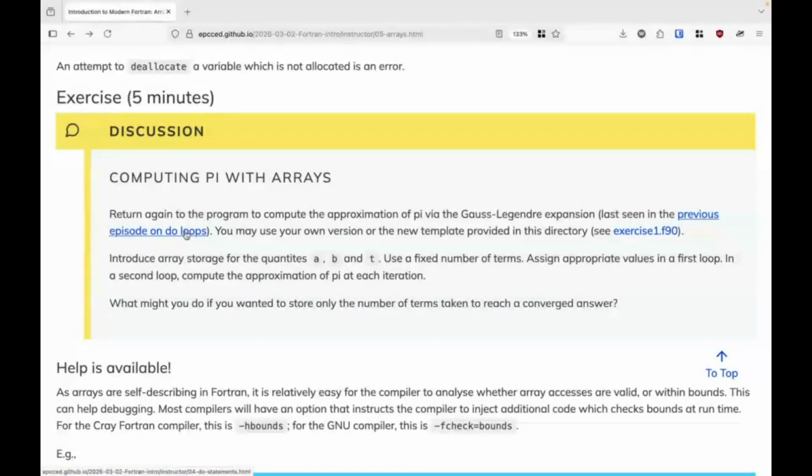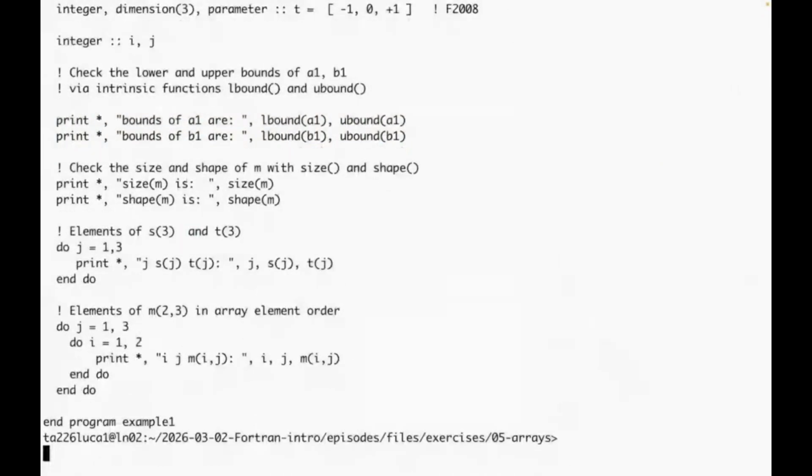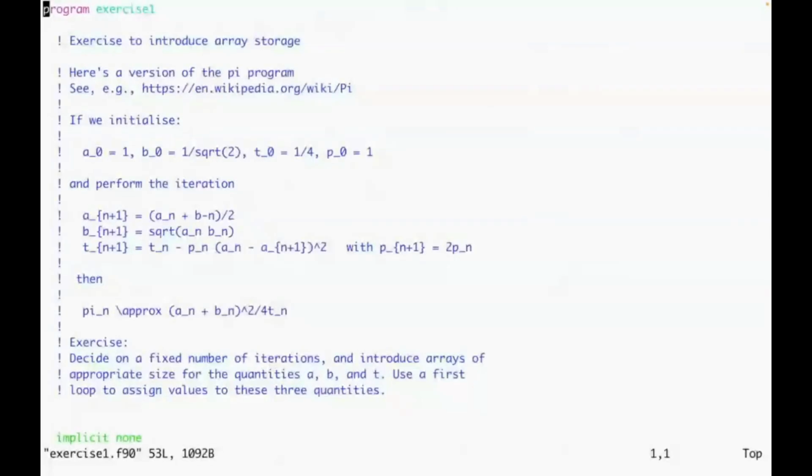There was a bit of code from an earlier exercise we didn't look at. I didn't feel it added too much, calculating pi using the Gauss-Legendre expansion. There's a template solution provided in the directory for this lesson, exercise1.f90, so let's take a look here. If I open exercise1.f90,